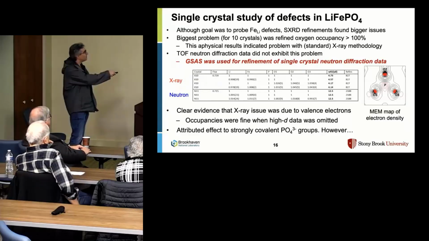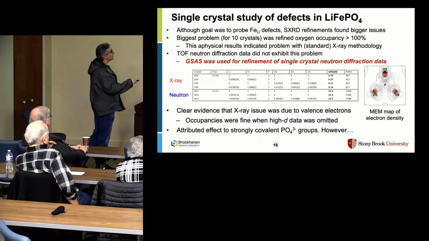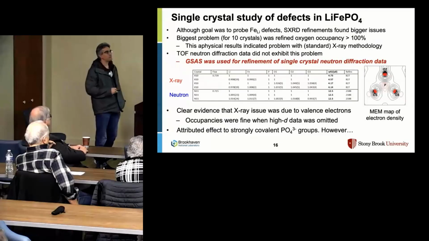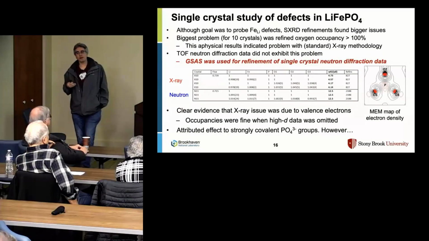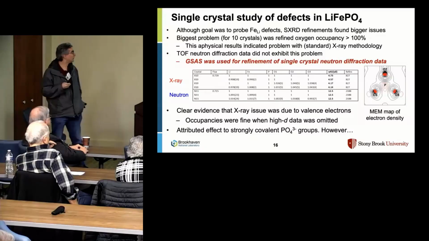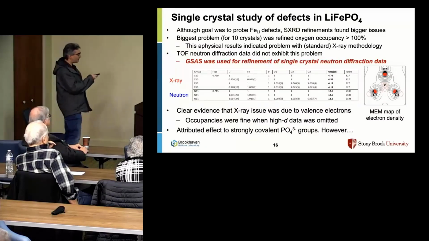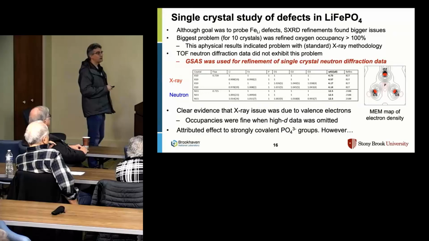Let's see. Here is an R value with no defects, 4.73. Put in antisites, it drops by about 0.2%. And then refine your oxygen occupancies, it drops by 0.3%. Refining the oxygen occupancies has a bigger effect on the model than the antisites of the iron metal or the lithium metal. And we studied 10 different crystals, and this was the case for all 10 of them,